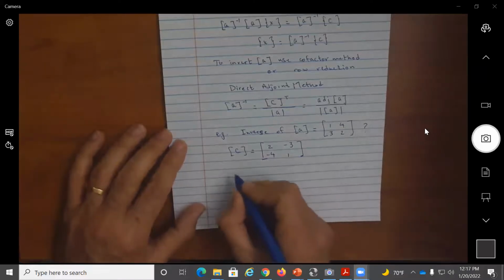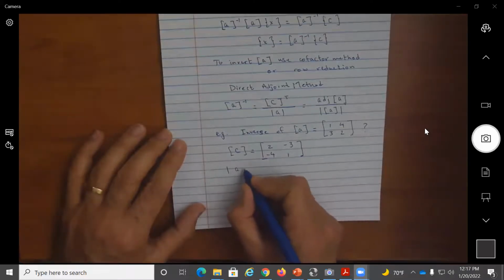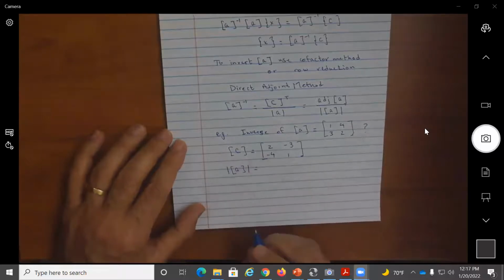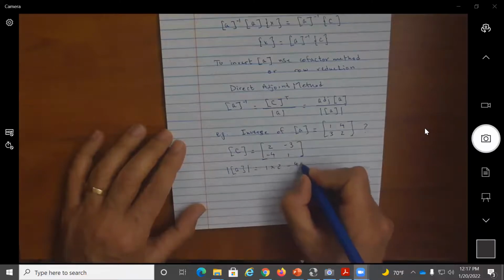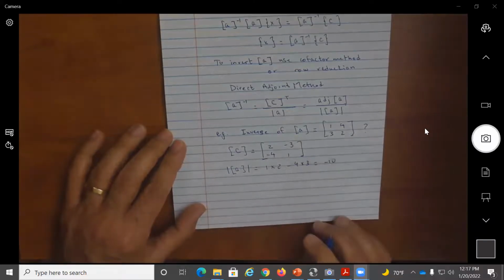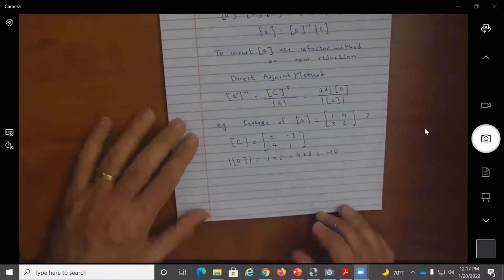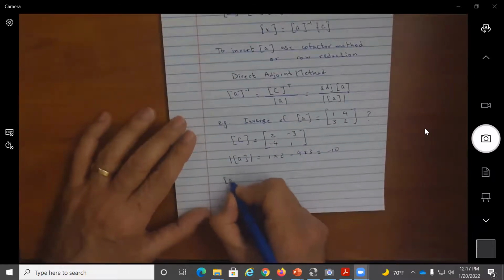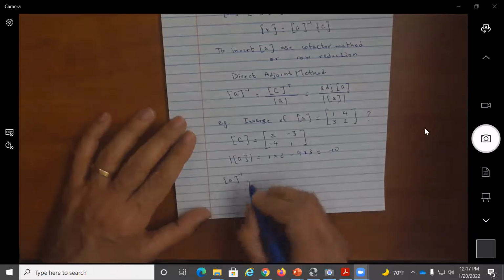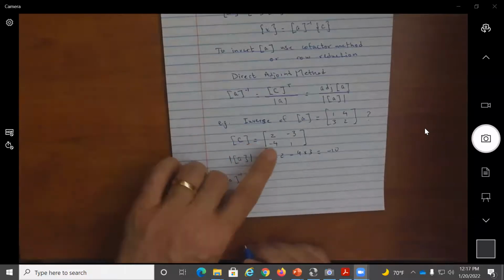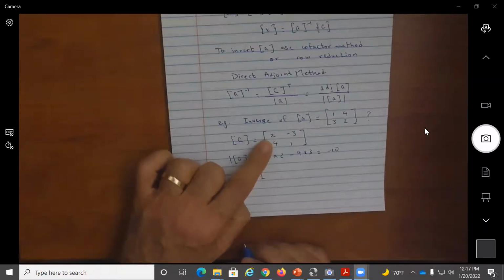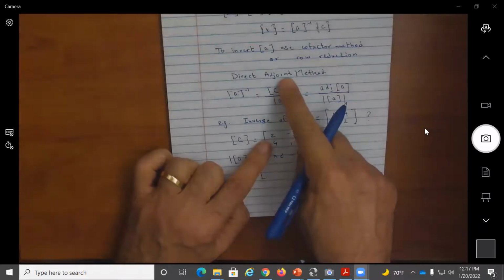Now, the determinant of A is equal to 1 times 2 minus 4 times 3, which is equal to minus 10. Therefore, if I apply the direct adjoint method, the inverse of A is equal to the transpose of the cofactor matrix, or the adjoint matrix, which would be